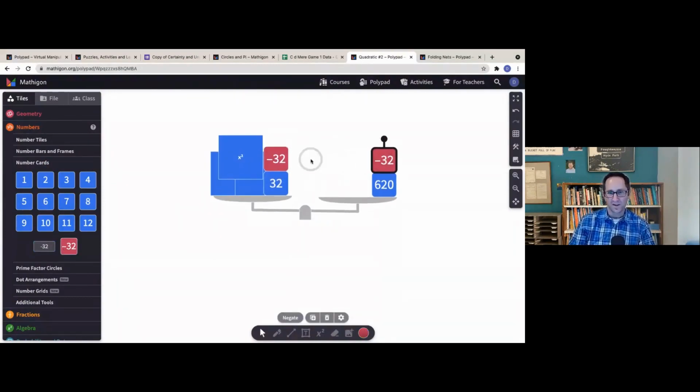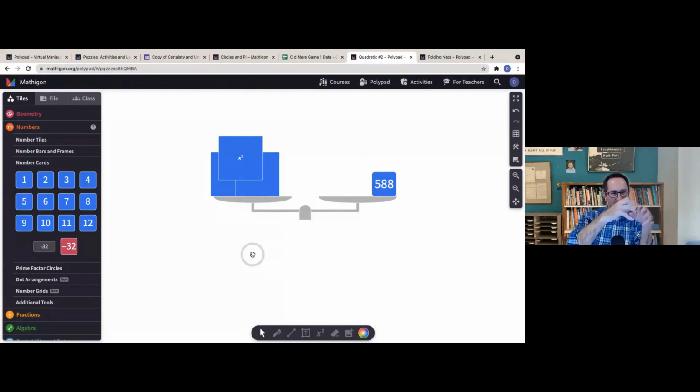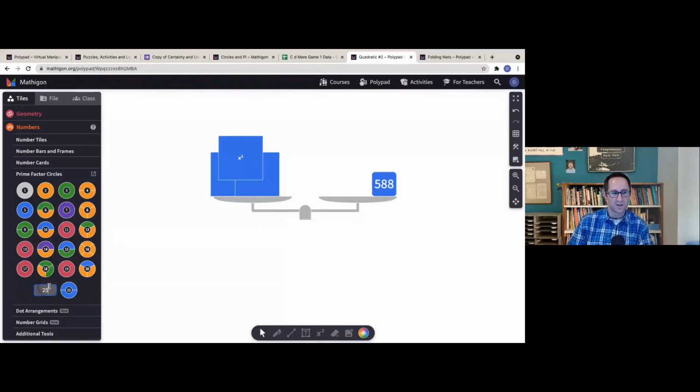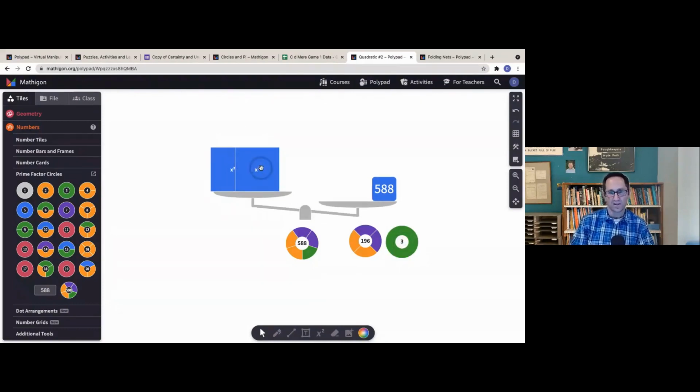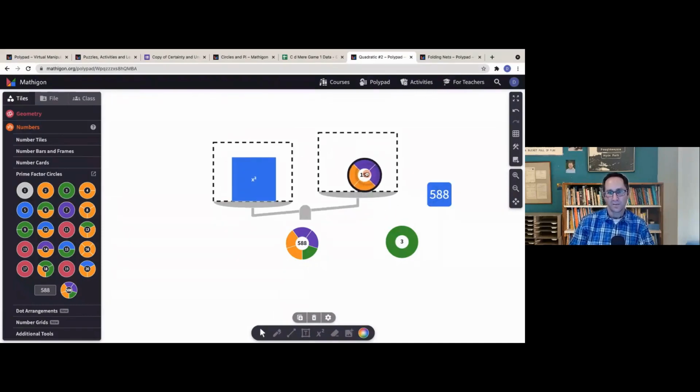But I'm doing this one for another example of the prime factor circles because I think that is a situation where the virtual tool adds a lot of value for students being able to actually pull those prime factors apart, or any factors apart, and put them back together. So now I'm going to go to the prime factor circles. You can type in any number you want. Here's 588. So the first thing that we want to do with 588 is split it up into 3 groups. 3 is the green. So I'll pull out the 3. So that tells me that one of these is 196. So I can just get rid of the 588 and put on the 196.